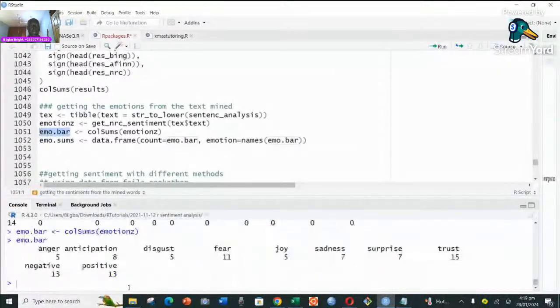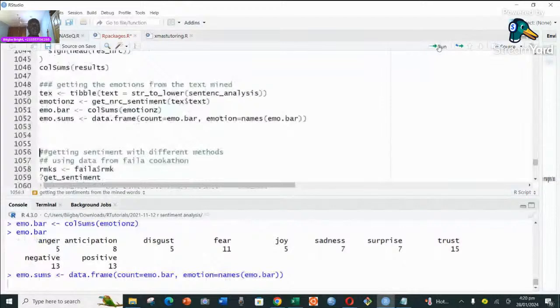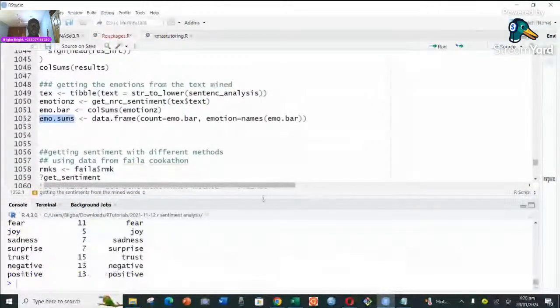And then see. So in terms of anger, we can see the column sum here. Anticipation, we had more anticipation, then disgust, and then in that order. So now we've had our column sums. We could also look at our row sums, but that is just fine. So here we're going to create a data frame, and then count the emotions. And so we give the emotions names, and then we give a count to it. So we run that, and then when I print this out,